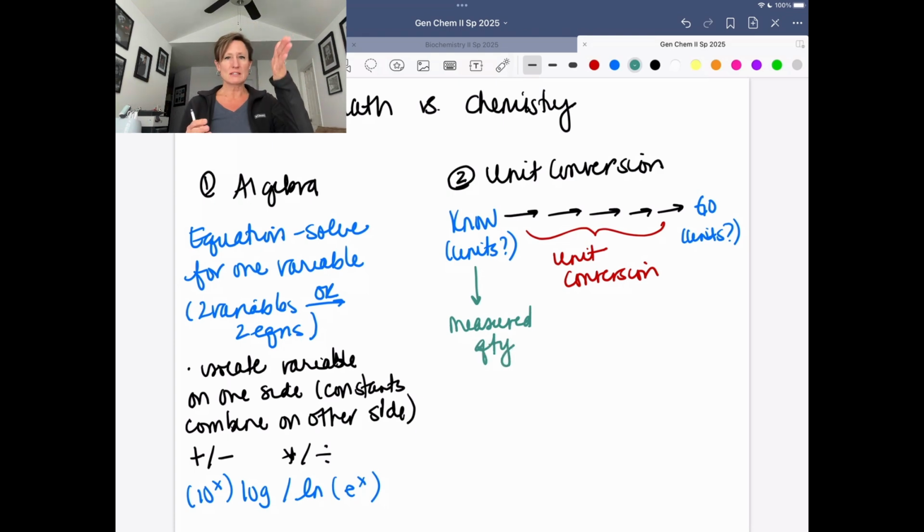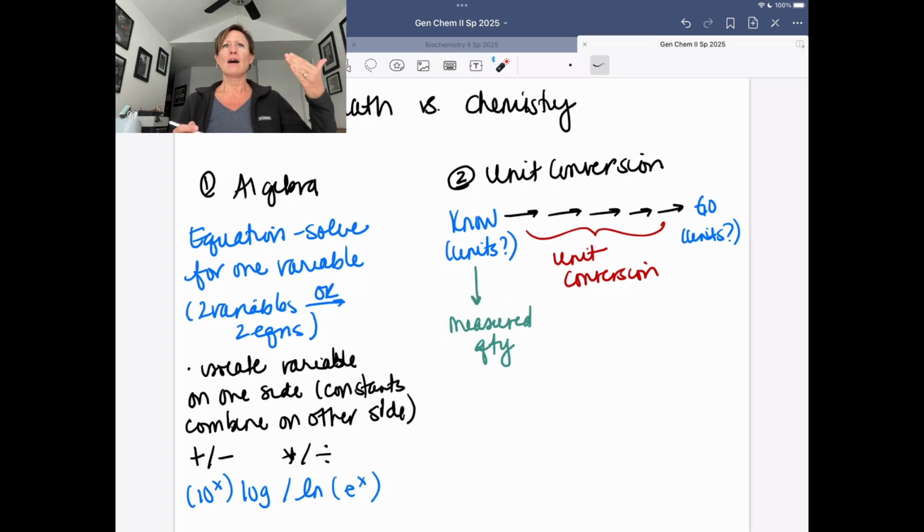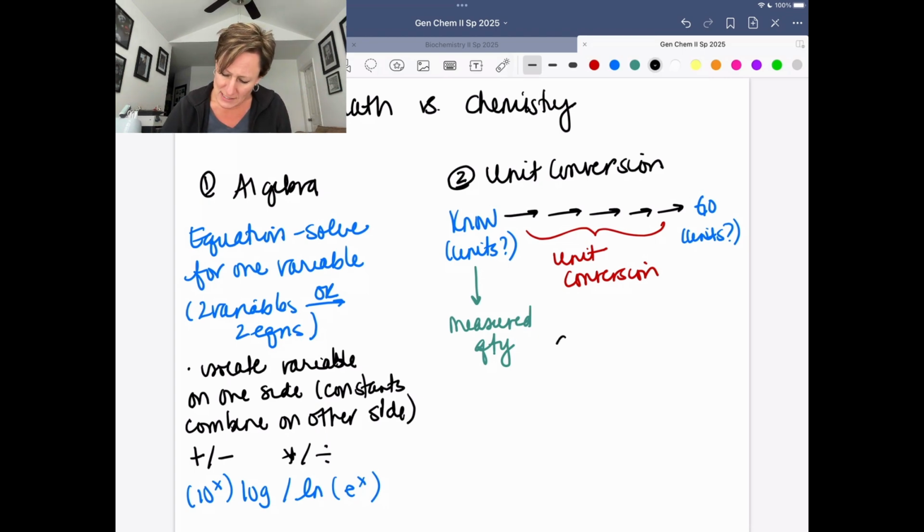Because unit conversion is multiplying things together, the order of operations doesn't really matter, but sometimes trying to figure out where to start your walk can be challenging. So sometimes it's using a measured quantity. Oftentimes a single unit quantity is a place to start, and then you use unit conversions to interconvert those pieces. Another thing that I want to remind students to think about, and this is a place that they can get into trouble when they're doing unit conversions, is every single quantity